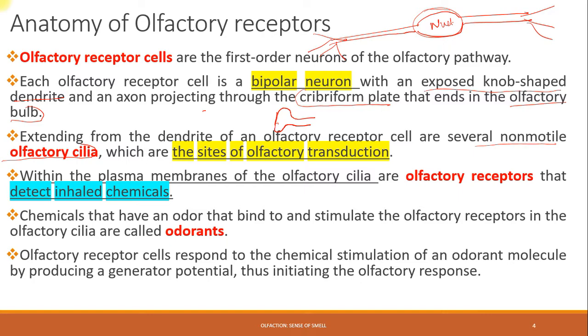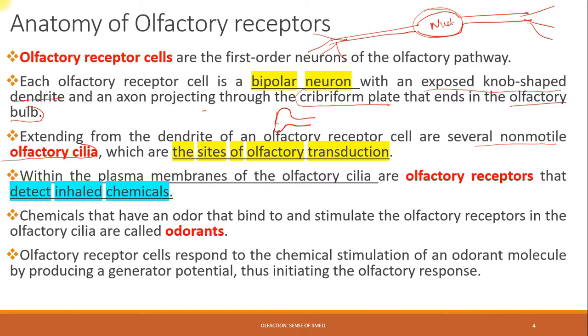transduction occurs. Transduction means the conversion of a chemical signal to an electrical signal. So what is the chemical signal here? In the case of olfaction, it is the odorant that is responsible for the activation of the receptor. The odorant is a chemical dissolved in a fluid which makes contact with the receptor present on the dendrites of the bipolar neuron, where the activation of the receptor leads to the generation of an action potential in the